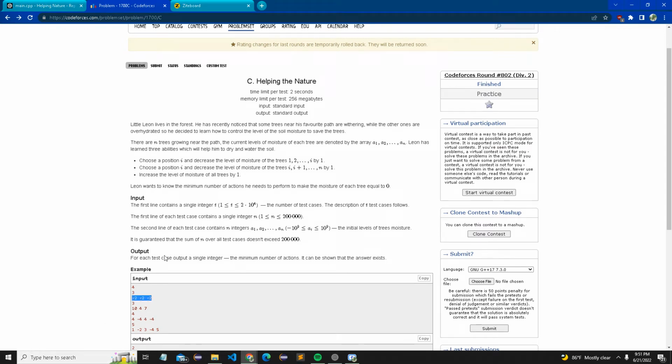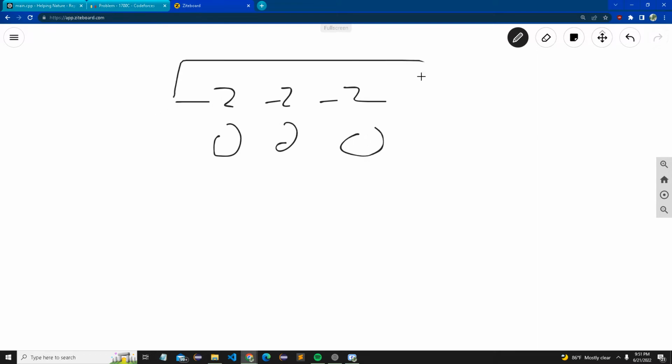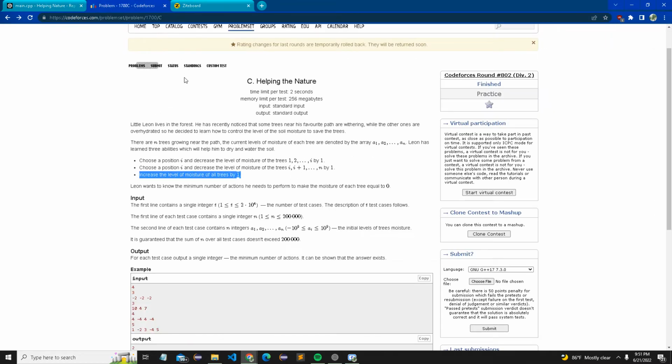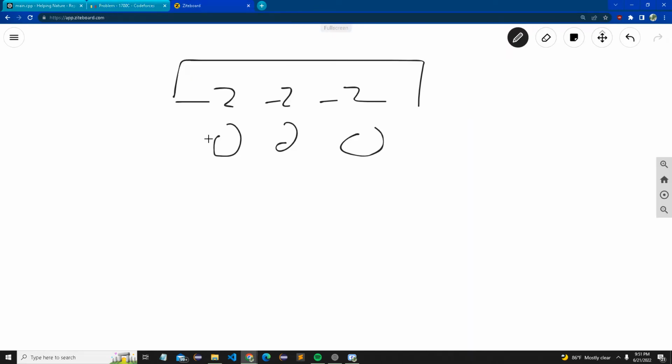And actually, the first test case is useful. And you might say, well, what do you mean it's useful? It's just negative two, negative two, negative two. They're all the same. So obviously you increase everything by two: zero, zero, zero, right? You take this entire array, you apply operation three, you apply that two times. And the reason why I say this is particularly useful is because it shows us that if we can get all the elements inside the array to be the same number, then